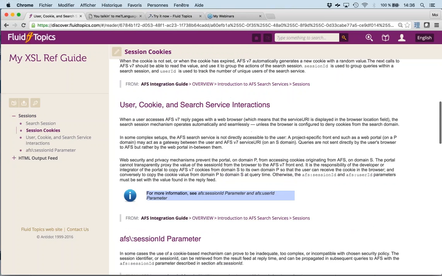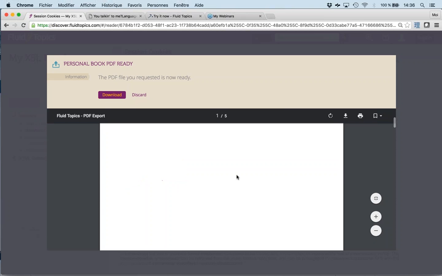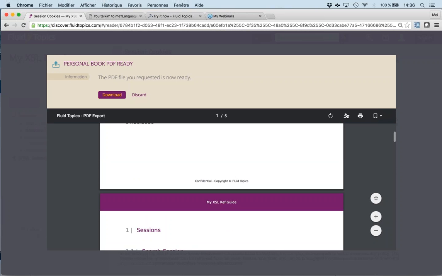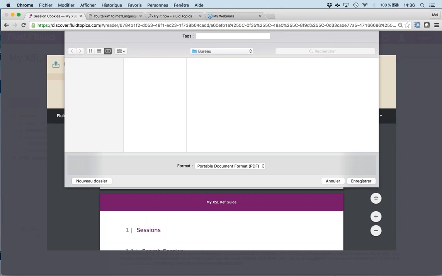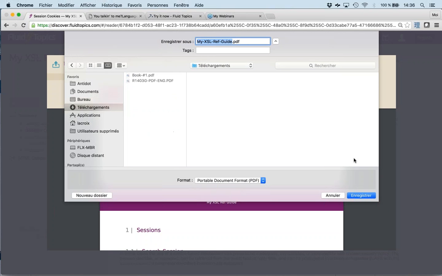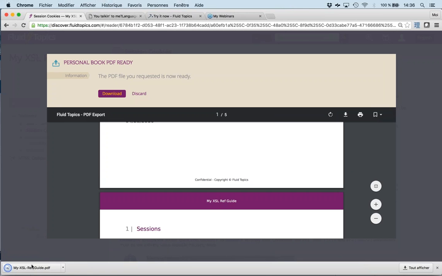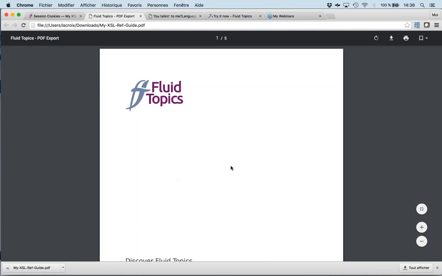Okay, there we are. My PDF has been generated. So you see here, I can download it. Okay, let's put that in download. My XSL ref guide. And I can open it to show you how it looks.